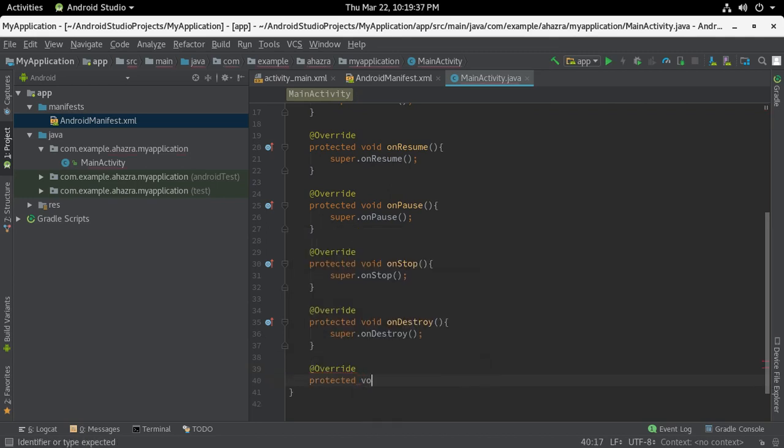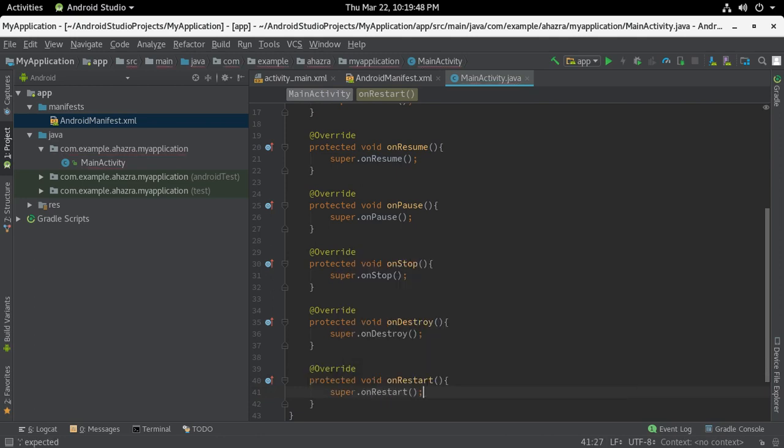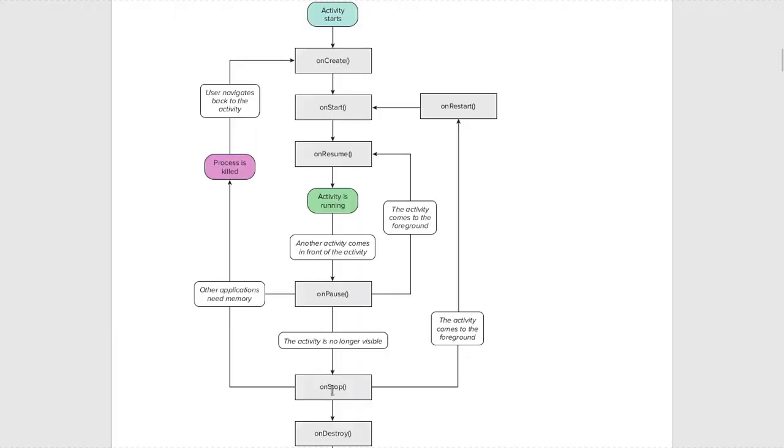Protected void onRestart, super.onRestart. See that now it is in the start state. When the activity comes to the foreground, the onRestart event is fired, then the activity is restarted here, followed by these two events, onStart and onResume. Okay,